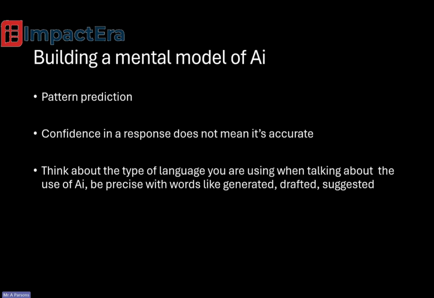So we get to this mental model of AI. And again, these are some of the terms from the Elevate Educator Explorer AI course. This is, I think, the third section on the first one of the courses. And they use terms like, it's predictive text, but on a much, much larger scale. It looks for patterns, and then the algorithm gives what it believes is the most appropriate response.